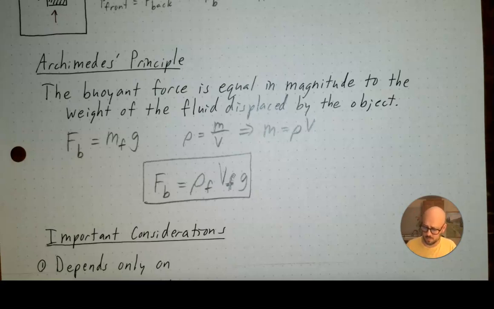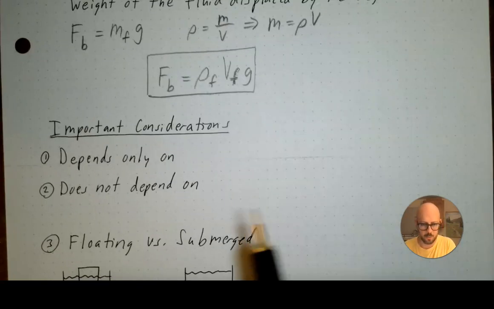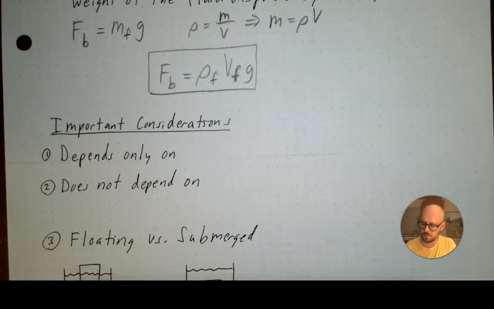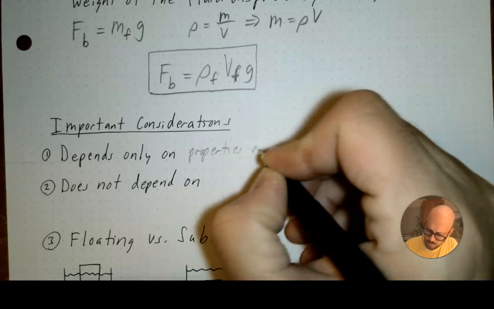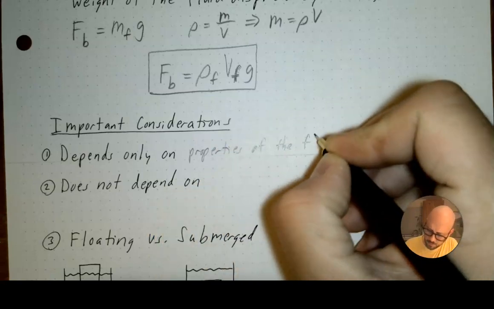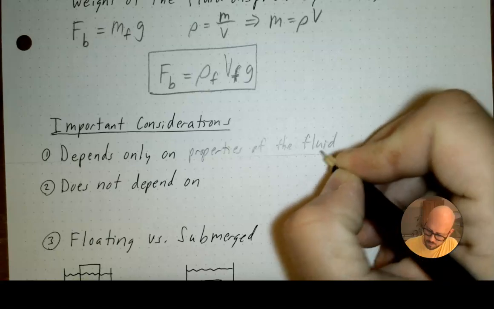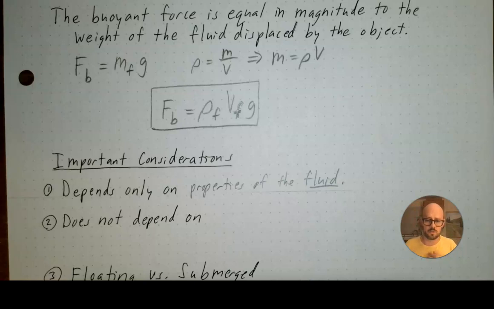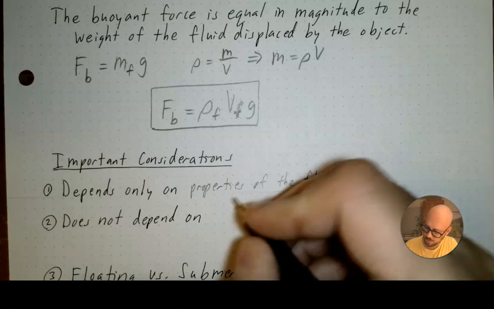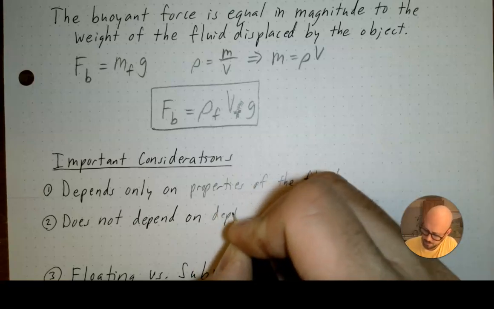So that's kind of the end of the video, but I have some important considerations here that I want you to understand. The buoyant force only depends on properties of the fluid. And this might make sense, right? The buoyant force is due to the fluid, and so depending on the density of the fluid, it might be able to better push up an object or not. It does not depend on the depth